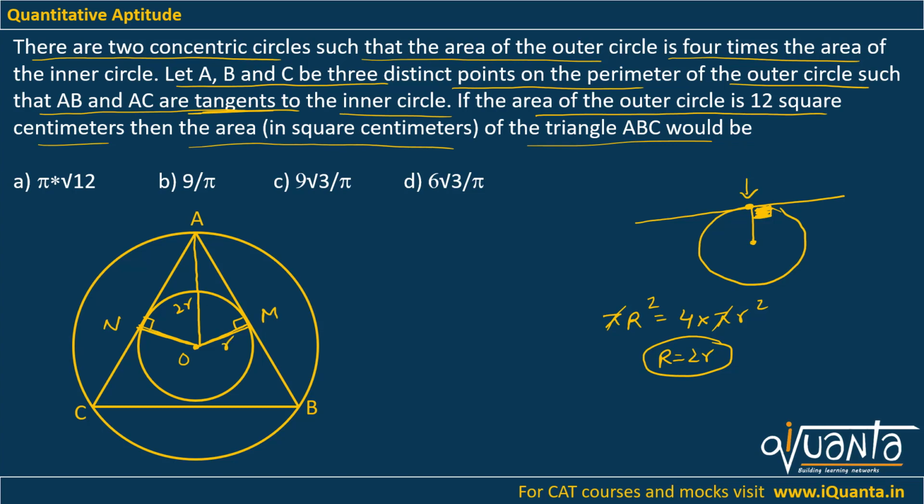So in triangle AOM, if this angle is theta, then I have the perpendicular, which is r, and the hypotenuse, which is 2r. So I can write down sin theta as perpendicular upon hypotenuse. That means r upon 2r, which gives me half. For what value of theta will sin theta be half? It will be for theta equals 30 degrees. So theta will be 30 degrees. In the exact similar manner, I can say that in triangle AON, this angle will also be equal to 30 degrees, because AOM, AON, these triangles are exactly the same. They are congruent.